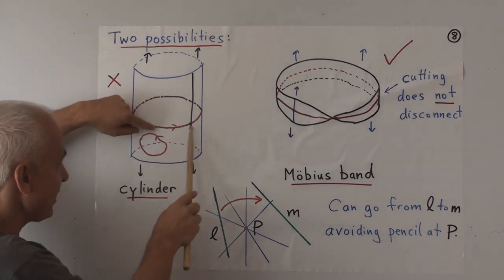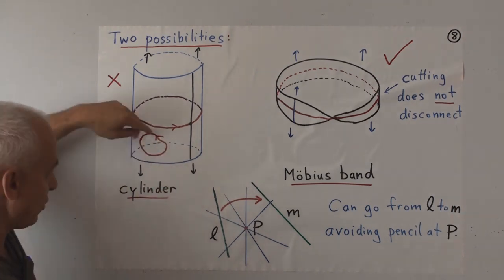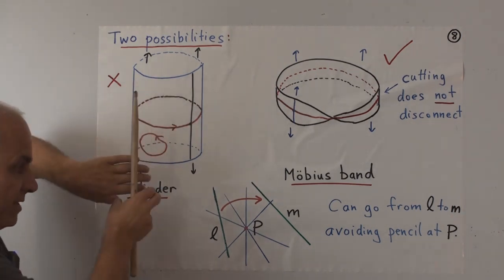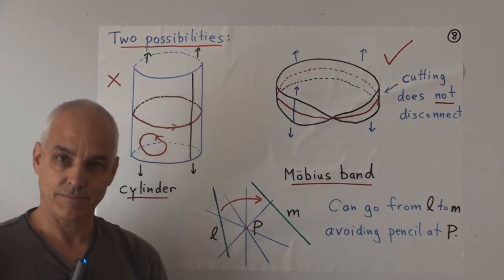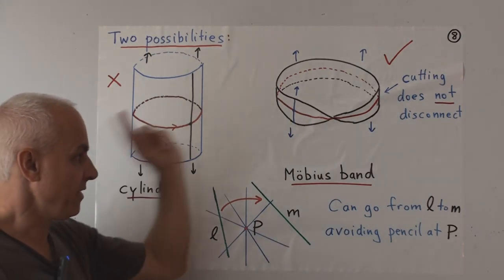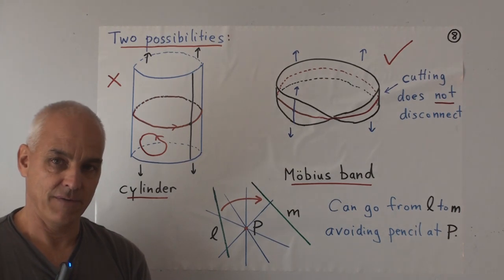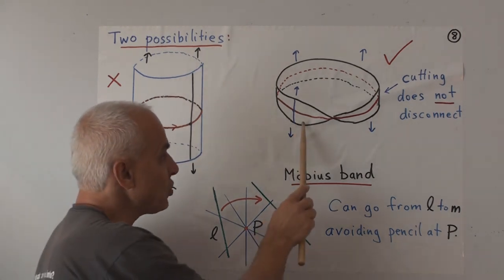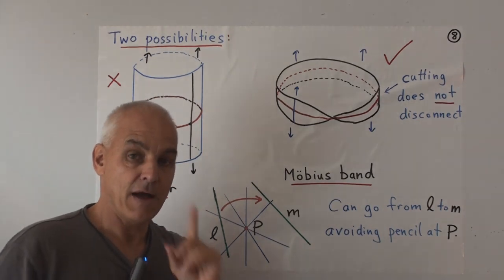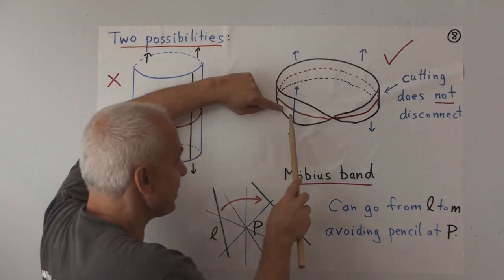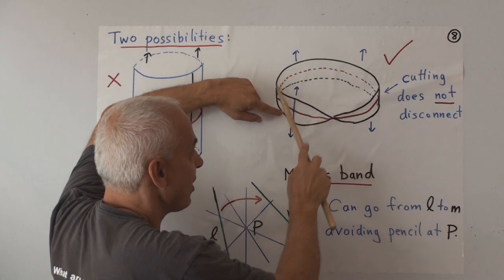But even if you took this loop here, which goes around, and you cut along there, then the cylinder would break into two disjoint pieces. That's a property that the Mobius band does not have. It's true enough that if you took some small loop like this and you cut it out, then there would be two pieces. But if you chose this equator to cut,